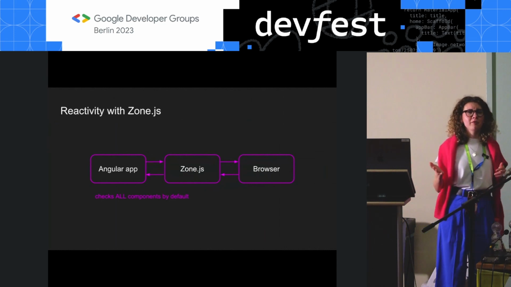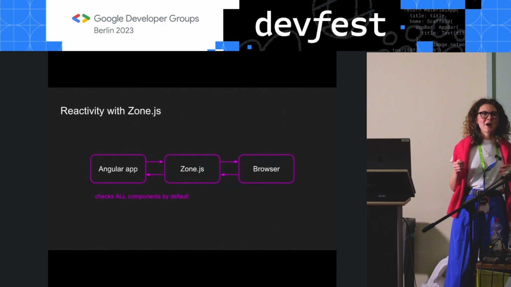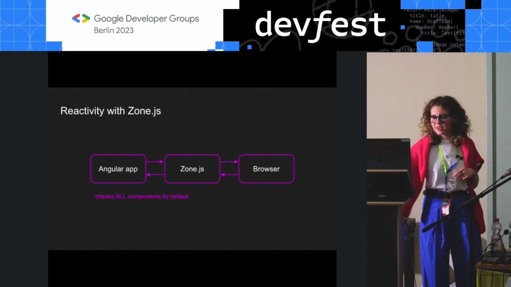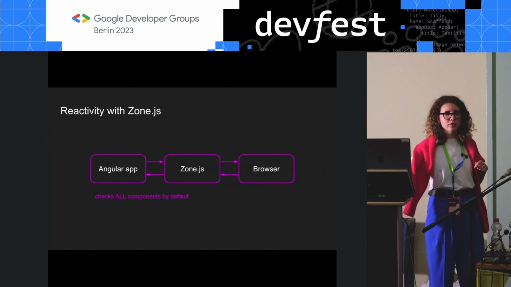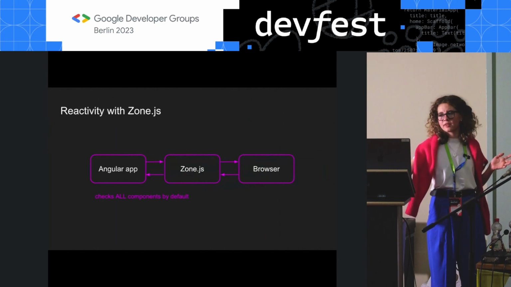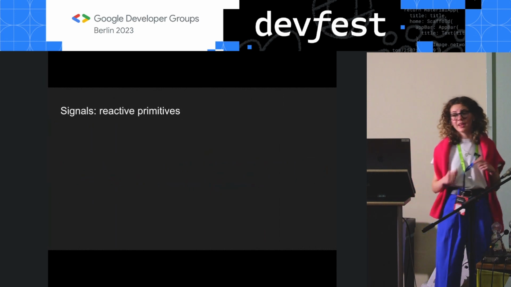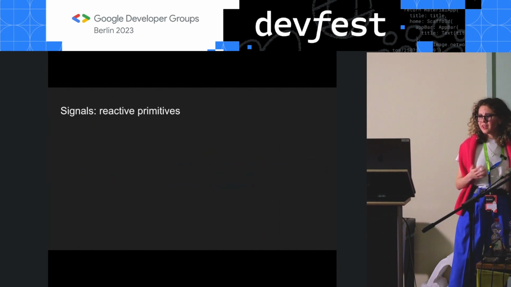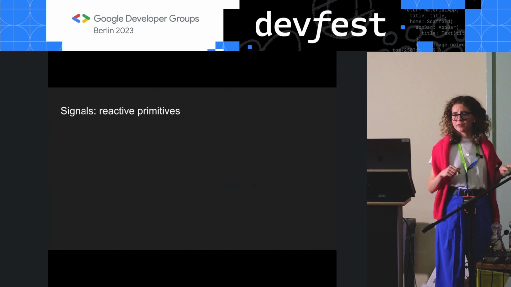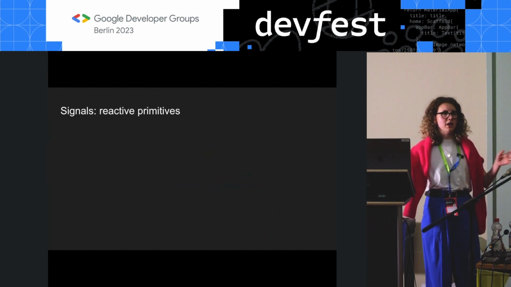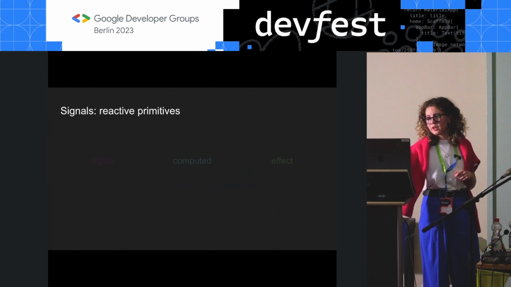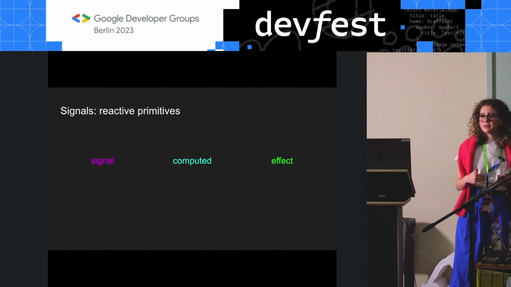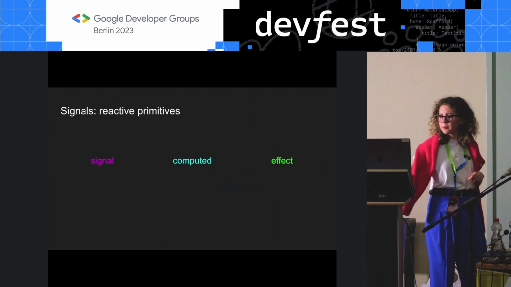And imagine if you have a huge or a big enterprise app, for example, yeah, it can become quite a burden. So for this reason, the new version is moving away from it and introduces a new concept of reactivity named signals. Signals. What the hell is this? Well, there are 3 reactive primitives, and if you're coming from React or Vue, it may sound familiar to you. There is signal, computed, and effect. Let's take a look at each of them.